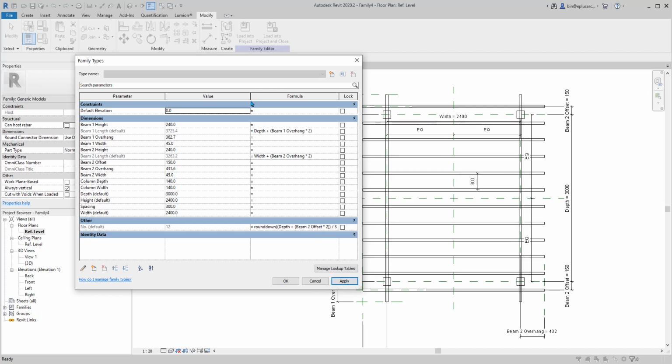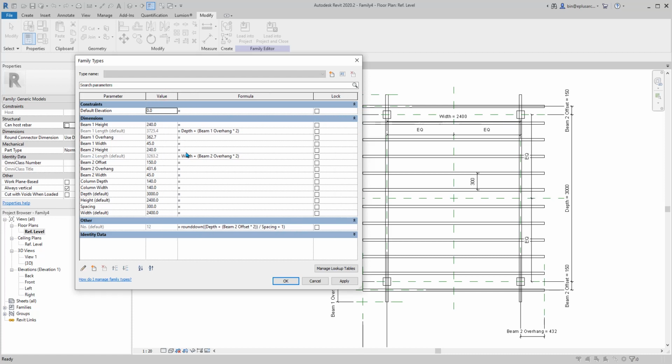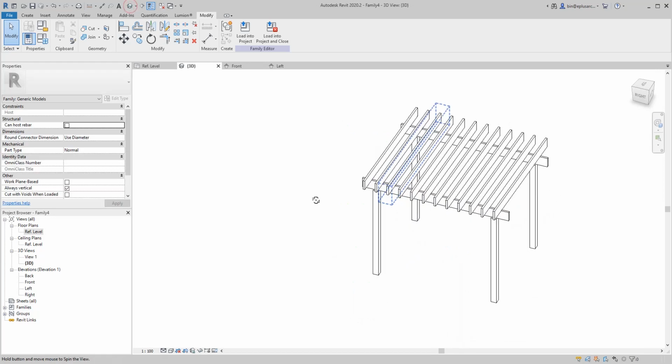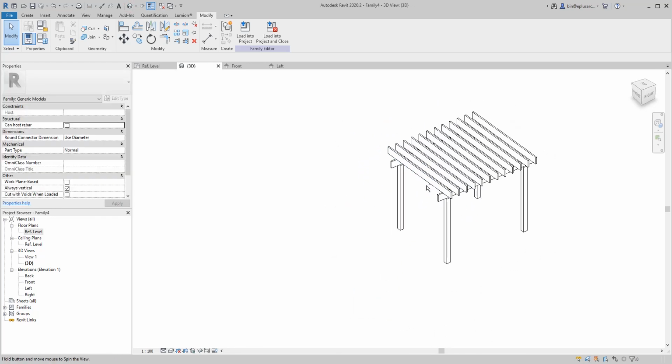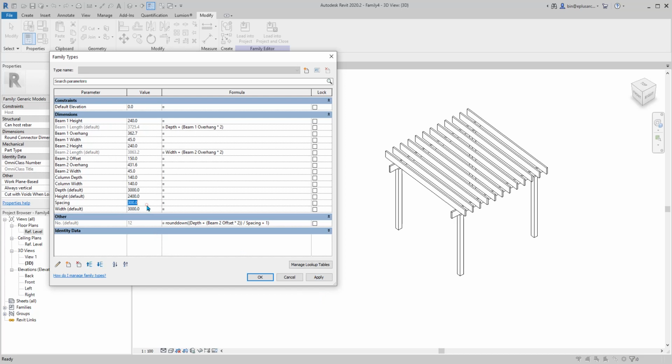So that's it. Don't worry about this formula. So this is the formula, the number. I'll upload this family so you can download and have a look. Okay, and go to 3D view. Let's have a look. Select this family. So 3 meter. Good. Spacing 450,